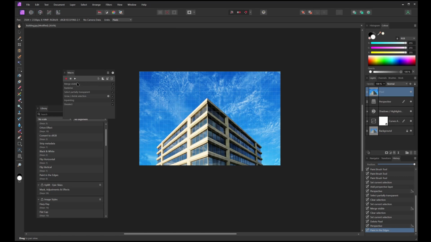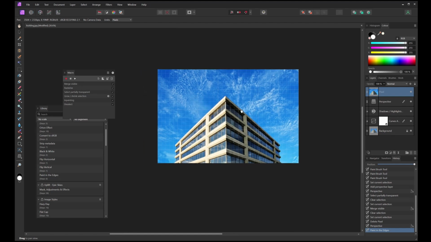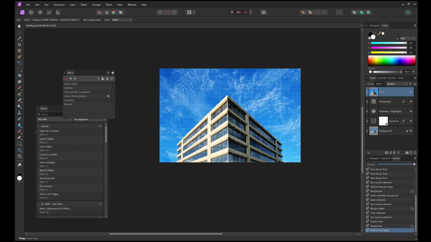So basically, we've now done those six operations, and we can now repeat it in any photo by just hitting this paint in the edges. I personally just call it Inpaint edges. That's my previous record. And I've got ones for